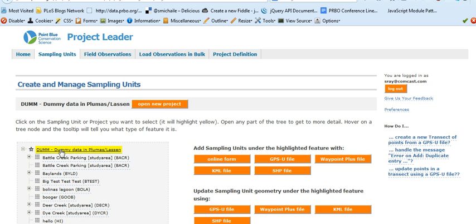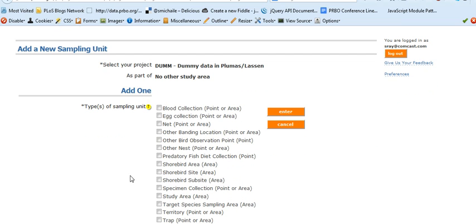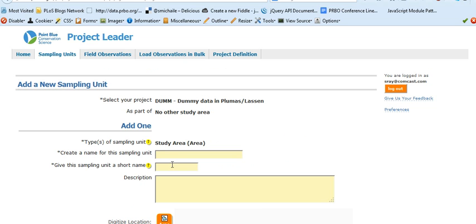So I'm going to click on the uppermost level here, which is the name of the project, and I'm going to use the online form to add a sampling unit under the highlighted feature. Now I have to specify what I'm adding, and this is a study area. And now I give it a name, and I'm going to give it the name Test Study Area, or TSA, and I can put in a description,